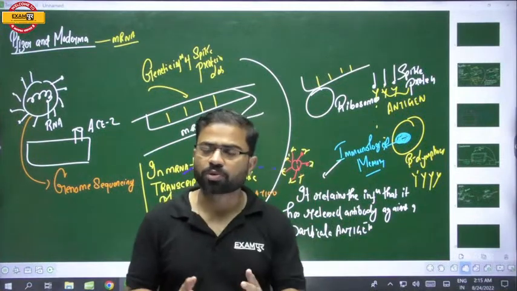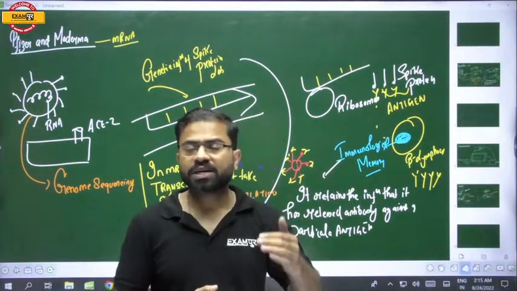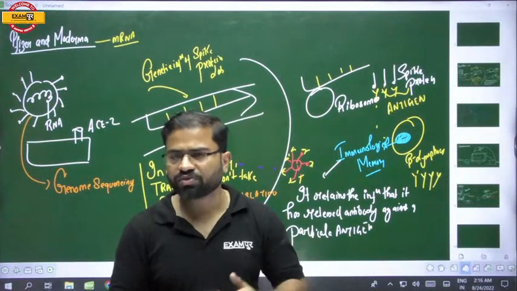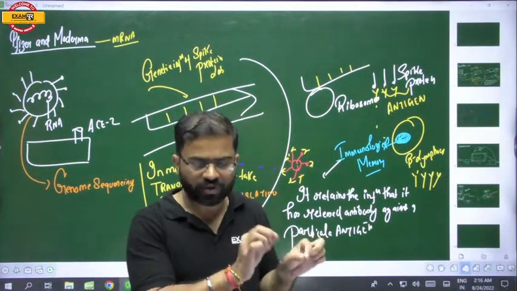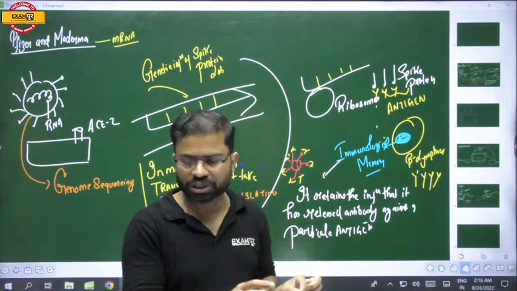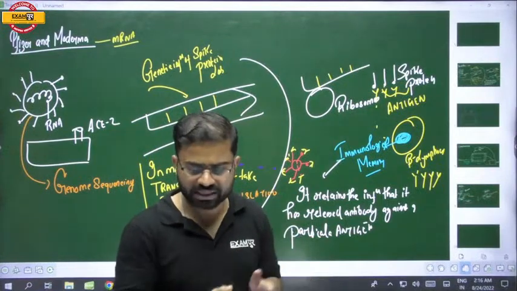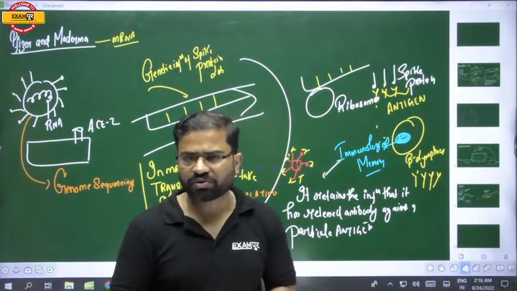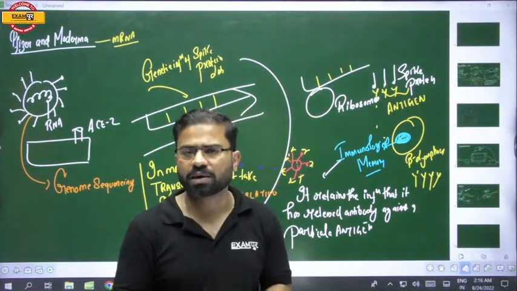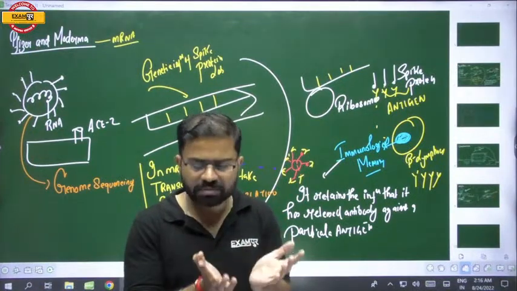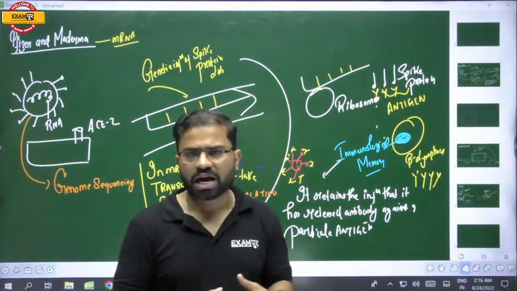For example, when you talk about the polio vaccine, in polio there are two ways. Either you go for the live attenuated vaccine. Live attenuated means we weaken the polio virus, the genetic materials are destroyed, and it becomes a hollow shell. We are utilizing it. So that is called live attenuated vaccine. In the live attenuated vaccine, we weaken the virus and destroy the genetic material.